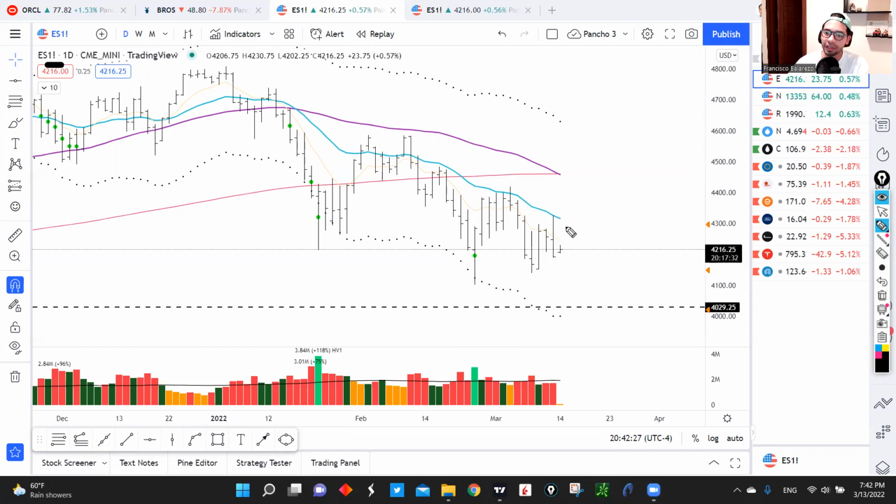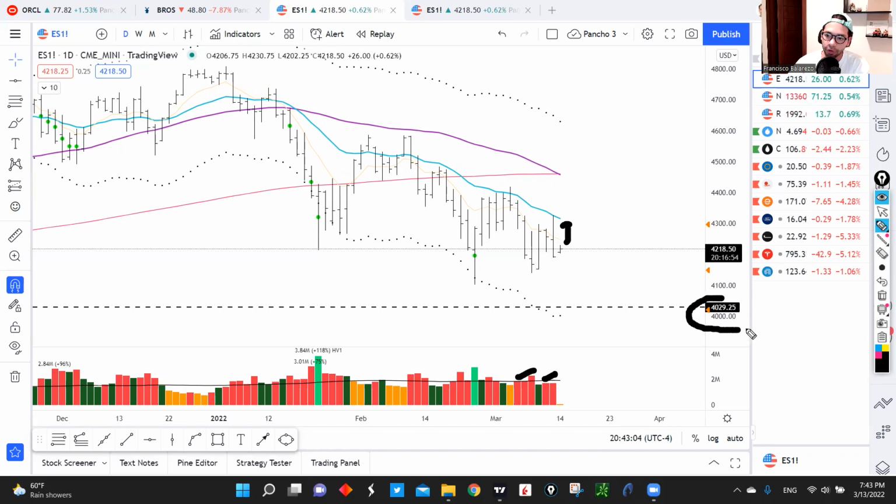As I was mentioning, this is the S&P 500 futures contracts, and we are below all the key moving averages that I watch. As long as we continue to be below the 50 daily moving average, I consider this a downtrend and the path of least resistance continues to be lower. If on Monday we happen to get a rally up into this declining 21 exponential moving average, I think that's a great place to set up some shorts, as we continue to see the selling volume increasing as the market continues to be under distribution.